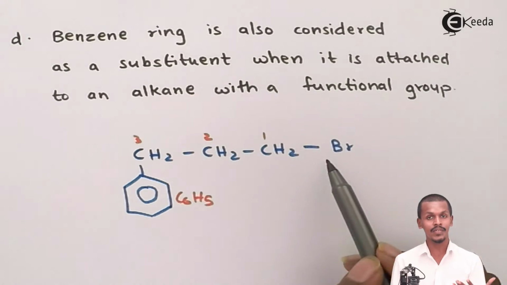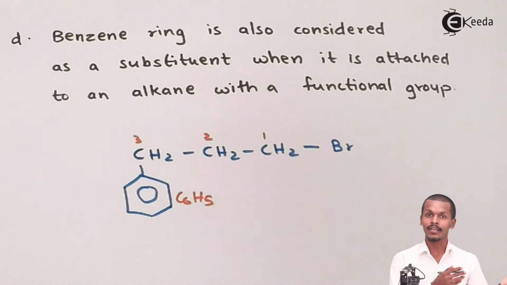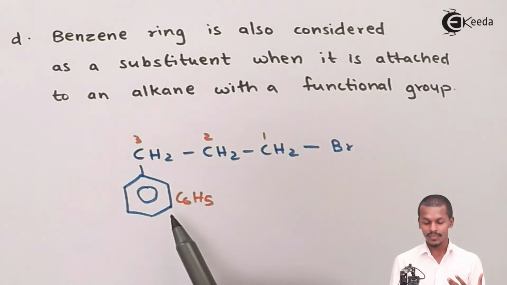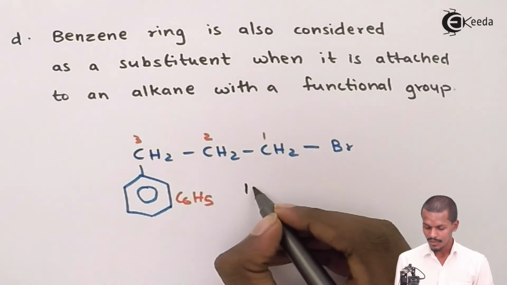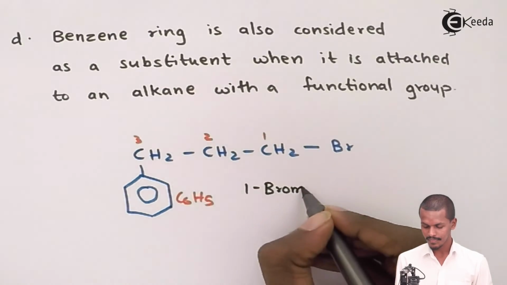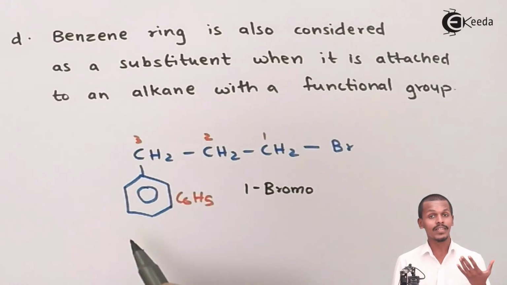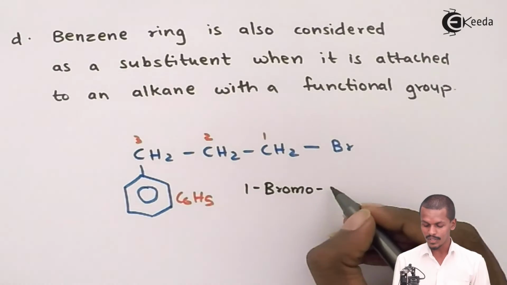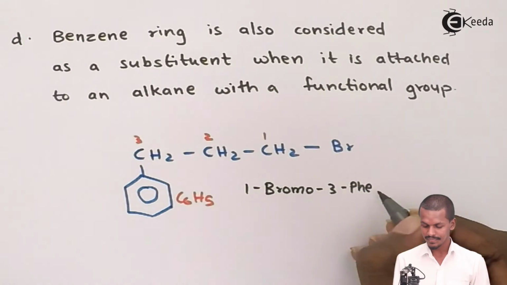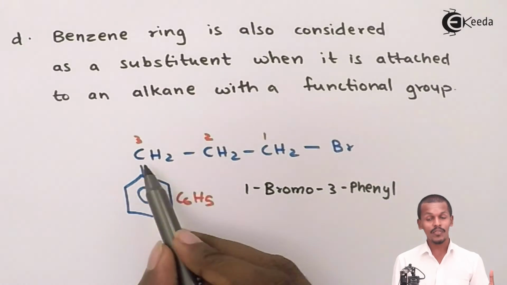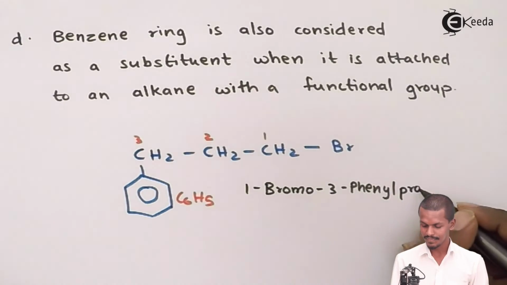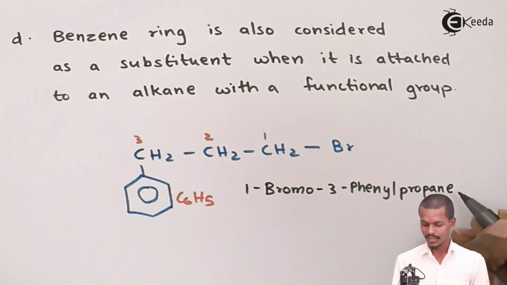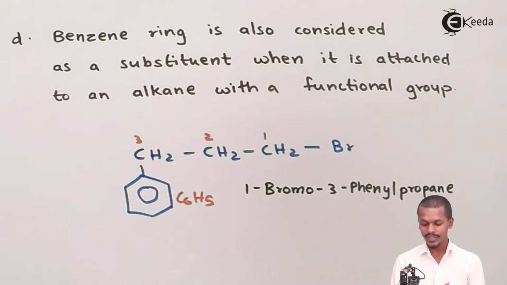So bromo is the one that starts with the alphabetical order B, while phenyl starts with P. So the name of this one would be 1-bromo, and after that on the third position it is phenyl. So, 1-bromo, 3-phenyl. And the total number of carbons in the straight chain of the alkane in this case is 3, making this propane. That is 1-bromo-3-phenyl